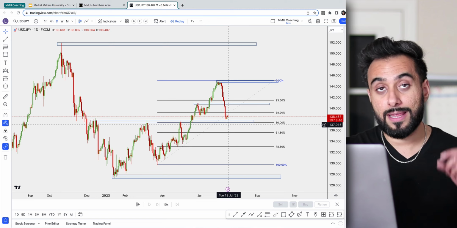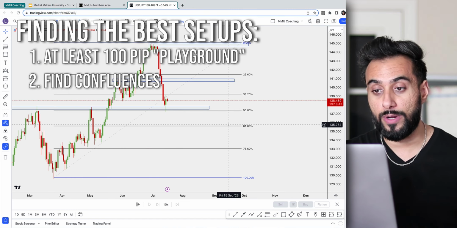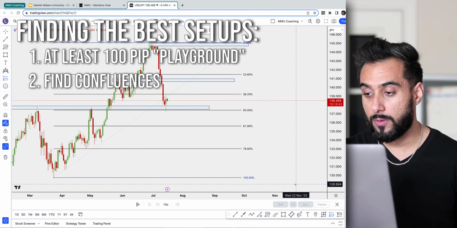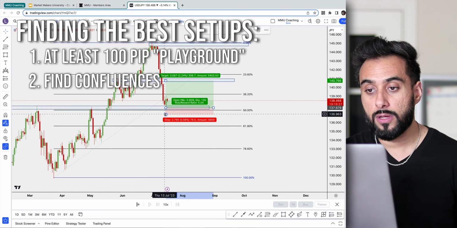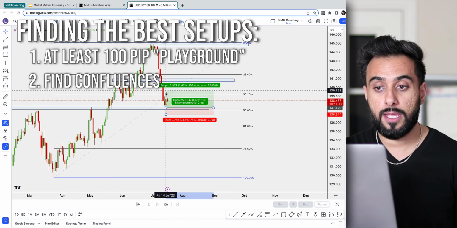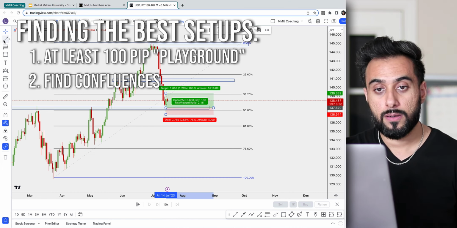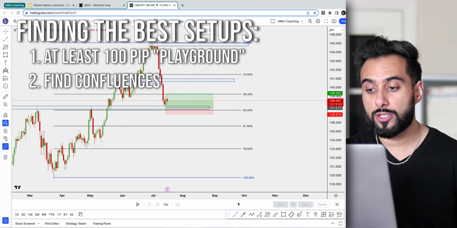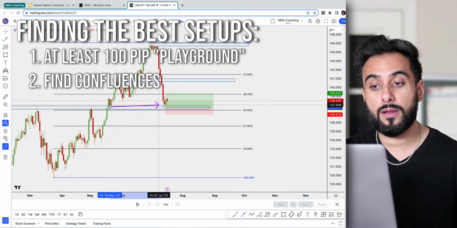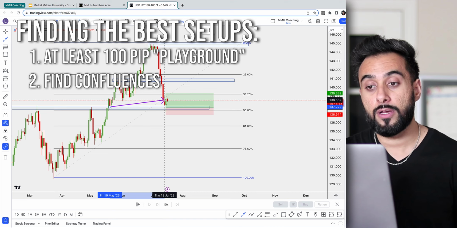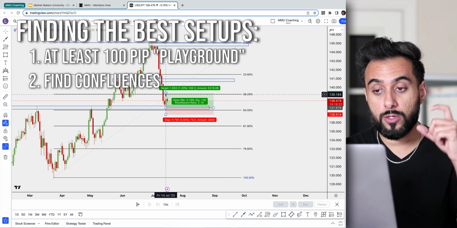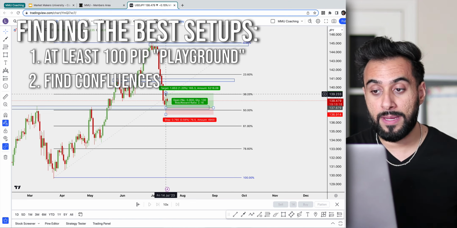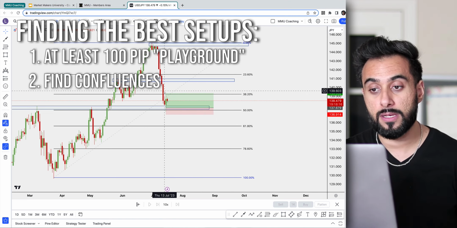Now, the last tip I'm going to give you is how to manage risk. Whenever you enter a trade, let's say we entered a buy position here, we have our stop loss below the zone. Whenever the price has gone enough in your favor that you are now profiting at least a 1-to-1 risk to reward ratio, meaning my stop loss is around 75 pips,